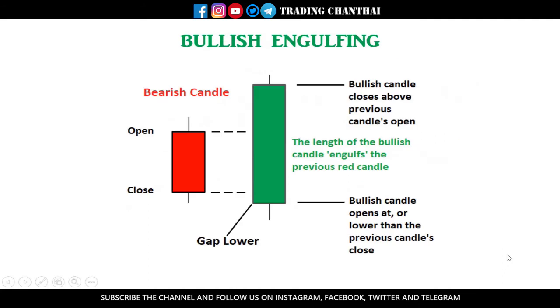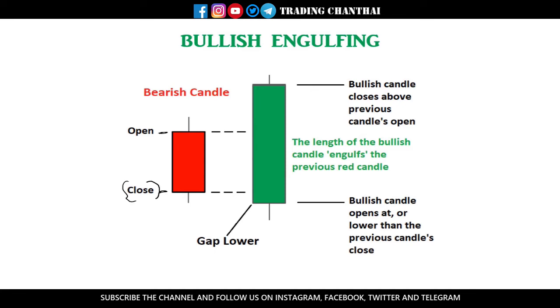So the next topic we are going to cover is bullish engulfing. See, bullish engulfing is a two candlestick pattern where two candlesticks should be involved. The first candlestick should be a red candle, that is, it should have opened above and then closed below. Consider there is a red candle and then the second candle should open either below the low or below the close of the previous candle, and then it should rise up like anything that it engulfs all of the body